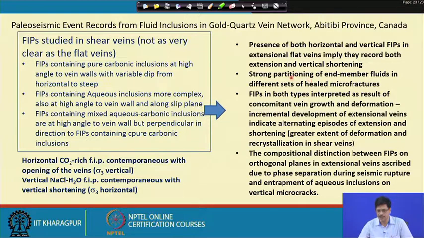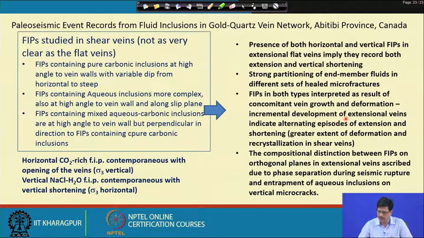So, what is interpreted here is that during the superlithostatic pressure, where the fluid is actually a one phase mixed H2O-CO2 fluid, they are the ones which dominate the fluid inclusion planes which are parallel to the vein walls, and as and when there is a collapse of this wall and generation of these cracks which are perpendicular to the vein wall, there the H2O component is unmixed from the parent fluid, as discussed before, possibly because of their more acute wetting angle. So, those are the ones which actually populate the perpendicular set of the fluid inclusion planes. So, FIPs in both types are interpreted as a result of